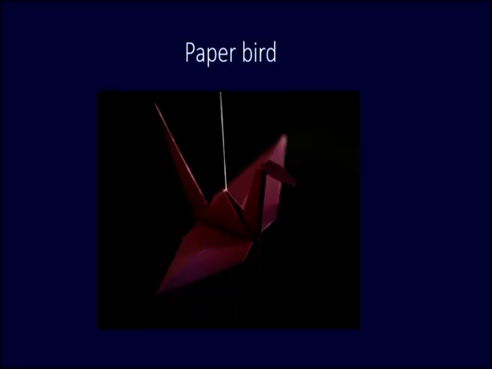Children, now that we have seen why and when do birds fly in groups, look at the picture, children. What is it? A paper bird. Do you like it? Yes, you all like it. We all like to make different things with paper. Do you know what is the art of making things with paper called? Yes, you are correct. It is origami. Children, let us watch a video on making a paper bird.